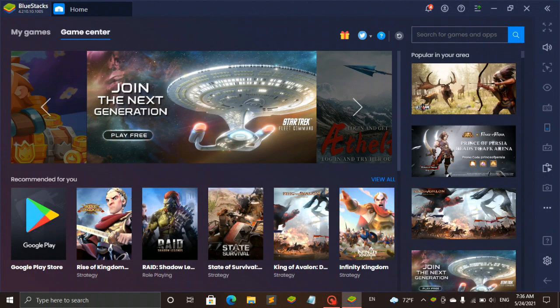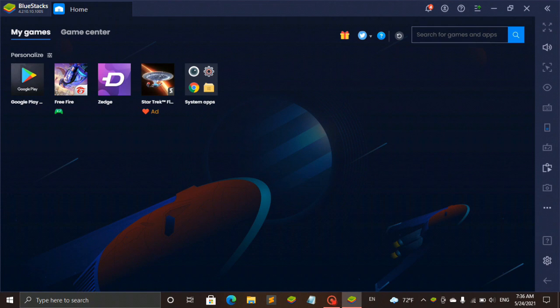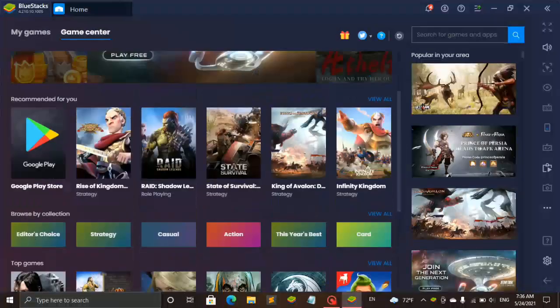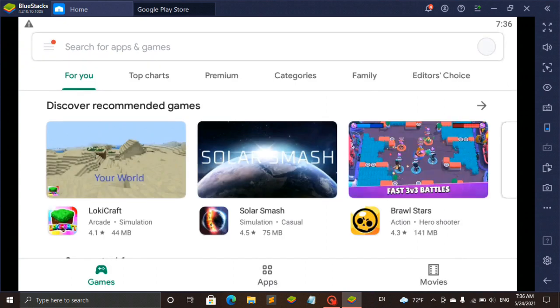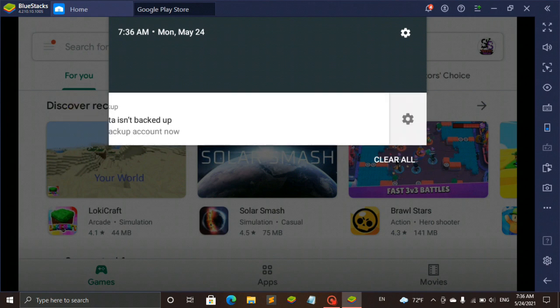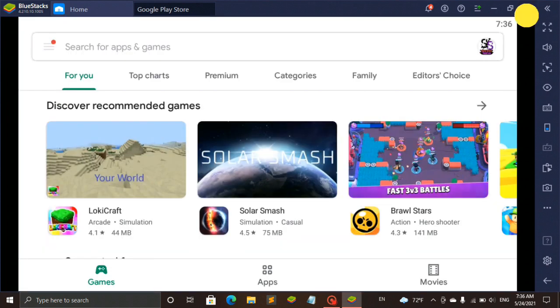So guys, you can see here My Games, meaning the apps that you have downloaded. These are some apps that I downloaded in the beginning, and you can also see the Google Play Store here. By pressing on the Google Play Store, you can download any apps that you require. Any app that you require, you can download from here. It is the Google Play Store. In the same way you can run Android applications in BlueStacks. So this was the full process,